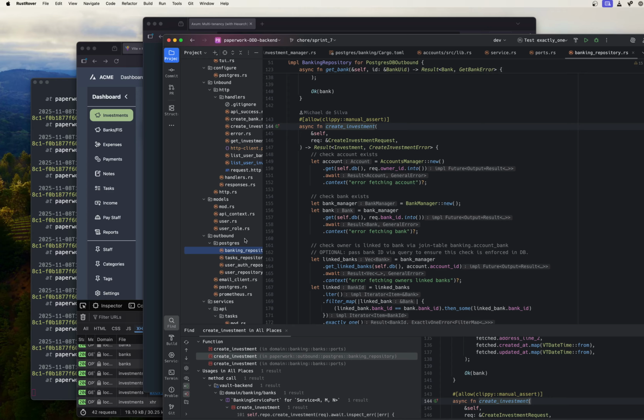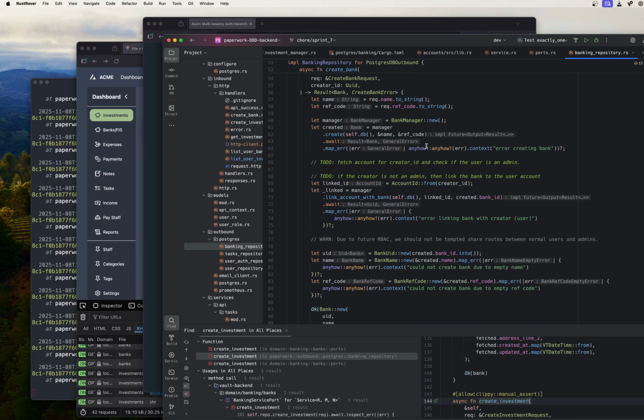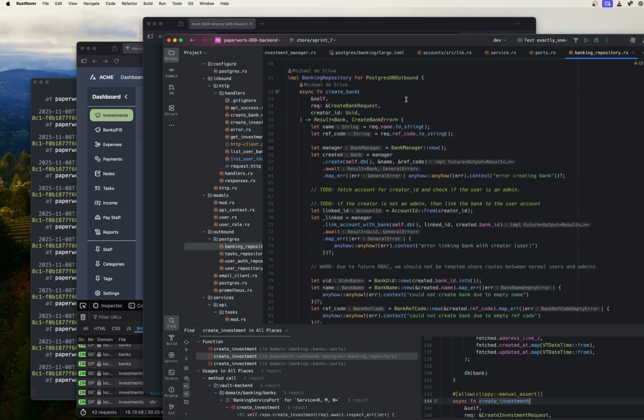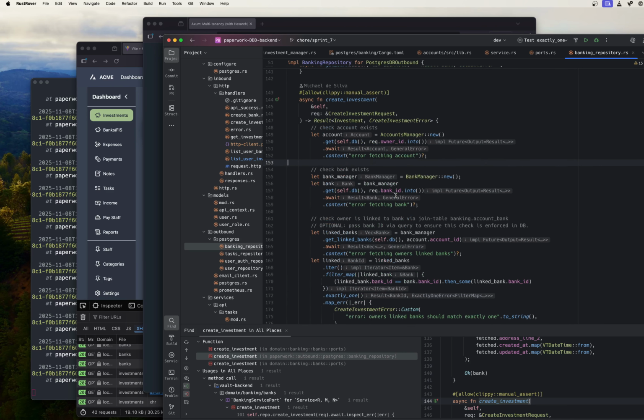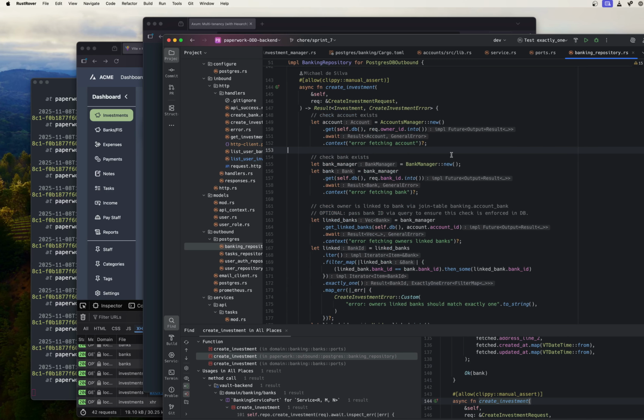Sure, it makes sense, and it is pretty standard for SQLX calls to be defined within the repository itself, as it normally goes. But what I found was it's much harder to isolate testing when it's like that. So the way it works now is I can come in through here and